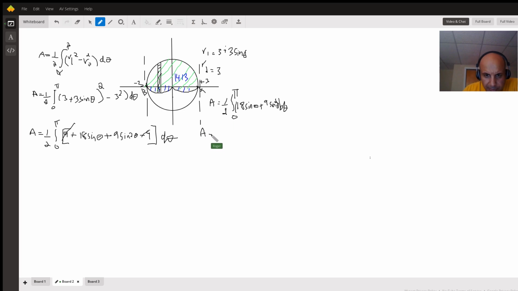Area would be, this is half times 18 is 9. Integral of sine theta is minus cosine theta, so minus cosine theta from 0 to pi